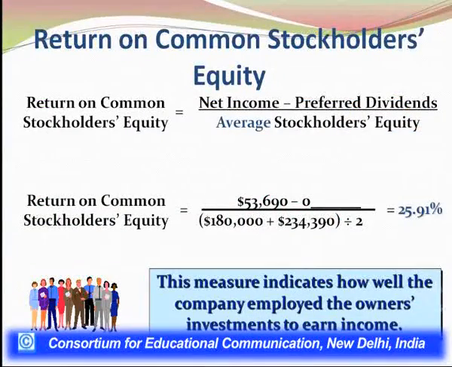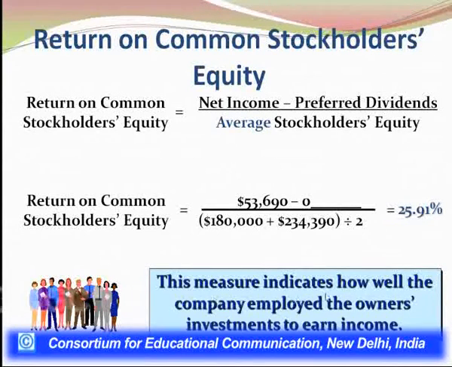much is the value of the ratio, and the value is coming out to be 25.91. Yeah, so this is here in front of you. So again, I would say we do not have any rule of thumb, but we can simply conclude that the company is doing well because it's earning about 26% on the investment made by equity shareholders, right, on equity